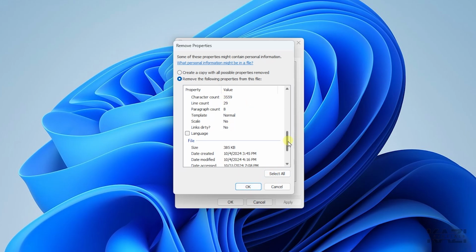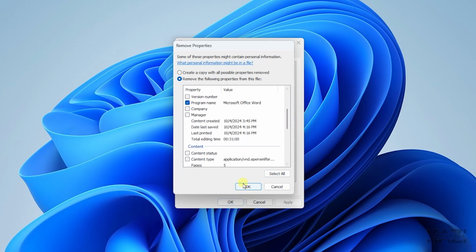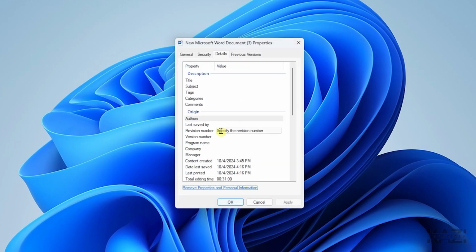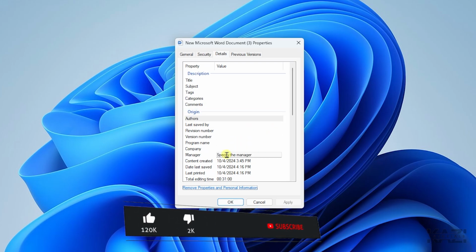And when you are done with these, just simply tap on this OK button and boom, there you go. So now there are no authors, no saved by, nothing at all. So that's how you can simply remove the last modified by